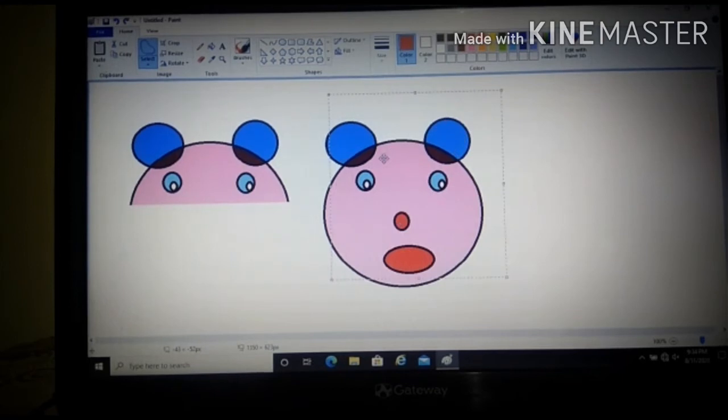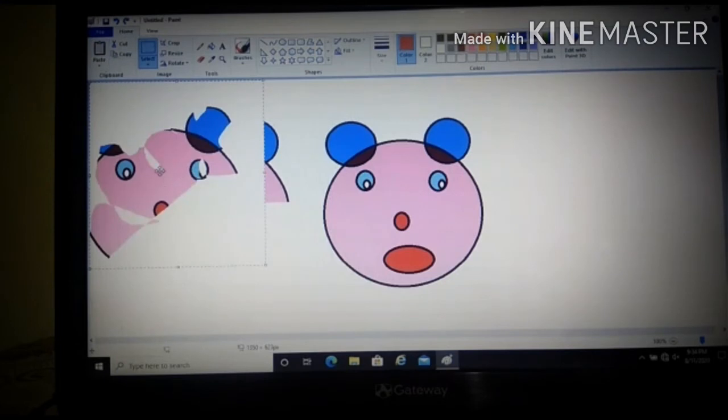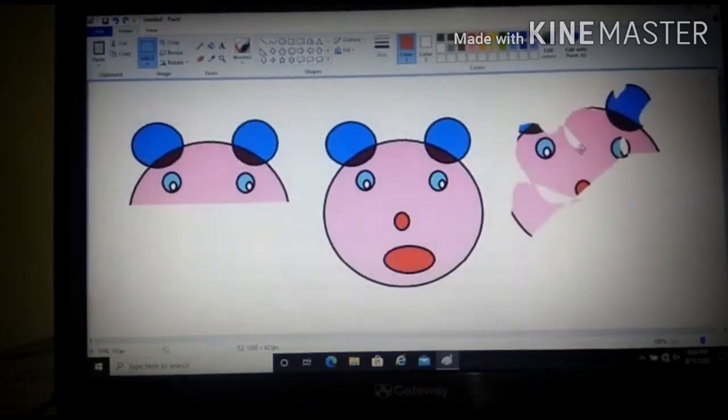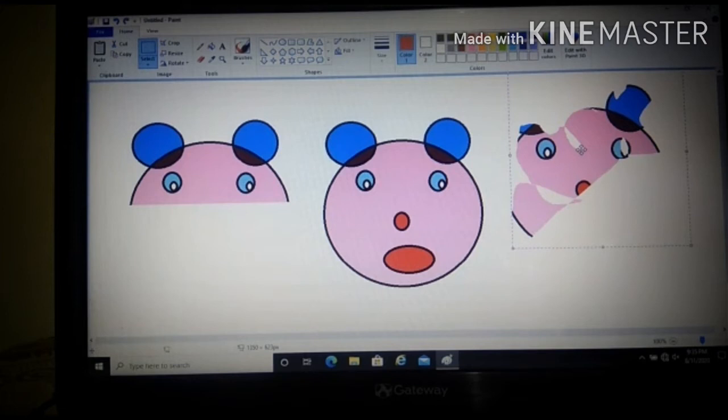Okay, now what I'm going to do, again copy that and paste. Can you see the difference? Previously I have used the rectangular selection where a rectangular shape is copied. I copied it and then pasted. Then again a freeform selection, I just drew whatever I felt, then I copy pasted. Can you see the difference here?